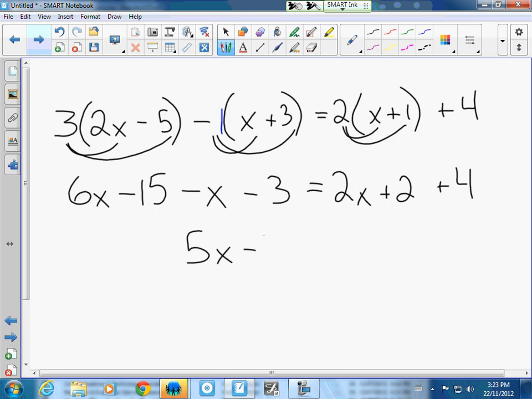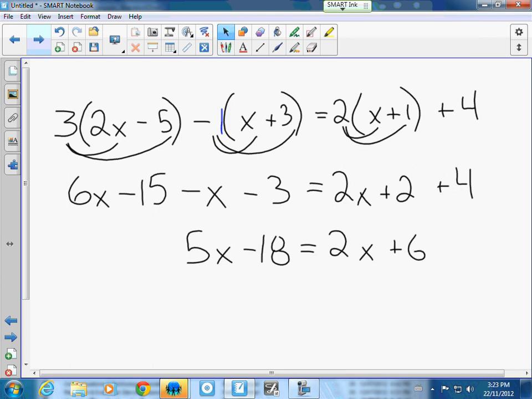Negative 18. What'd you put? Okay, so you have to make sure you don't make those mistakes, okay? Those are easy ones to avoid. What about the right-hand side? Is there anything we collect? 2x plus 6. Okay. Now, if you look, all of a sudden we've gone from that big, long set of terms